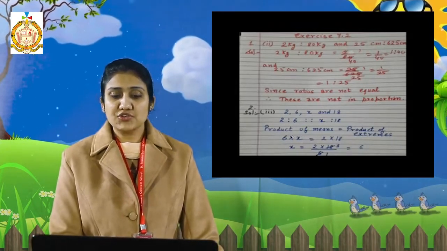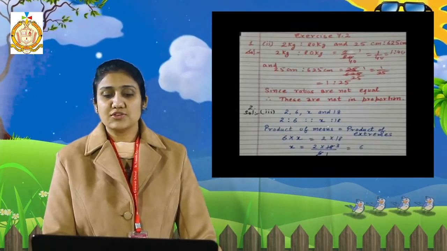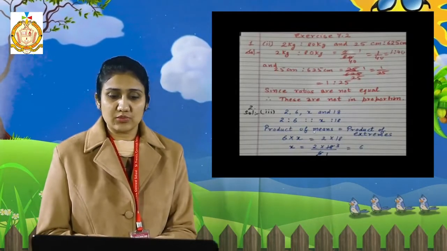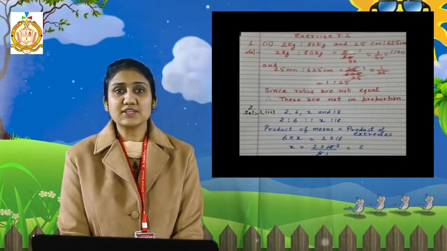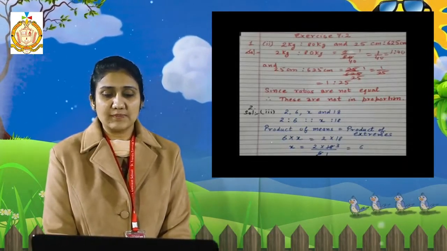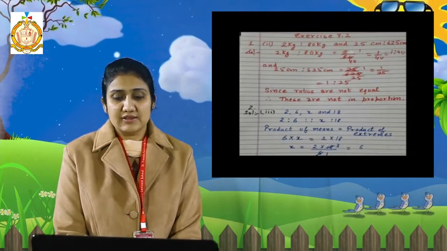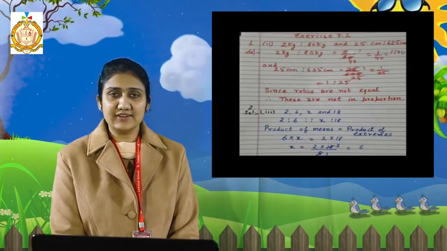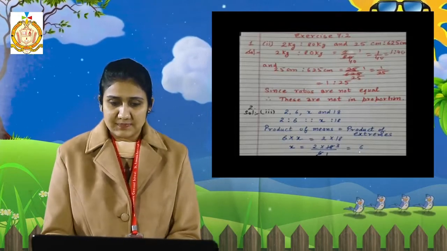So here 2:6 proportion to 6:x. To find the value, we can apply the formula, that is, the product of means is equal to the product of extremes. Mean terms are 6 and x, so multiplying these, and extreme terms are 2 and 18, multiplying these. To find the value of x, x will remain here and 6 will divide here. Then cancelling out the terms, you will get the answer as 6.